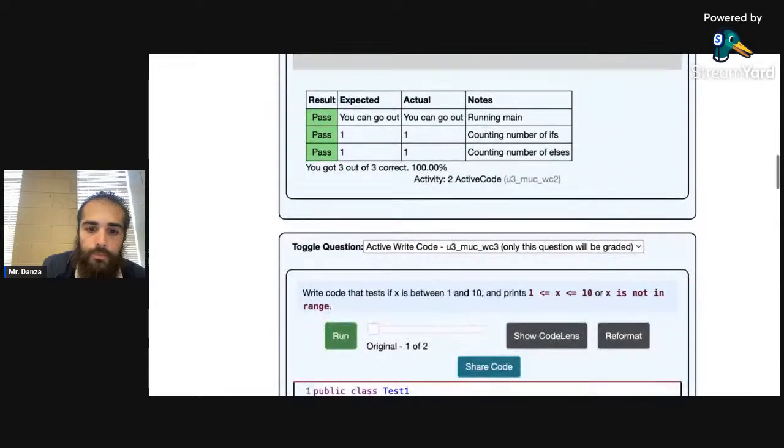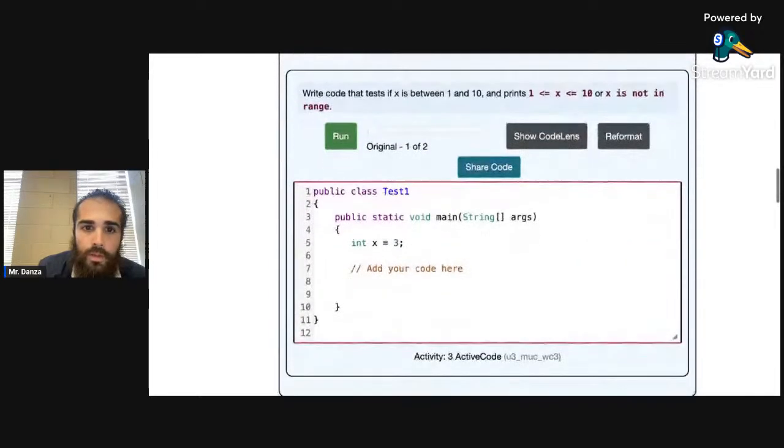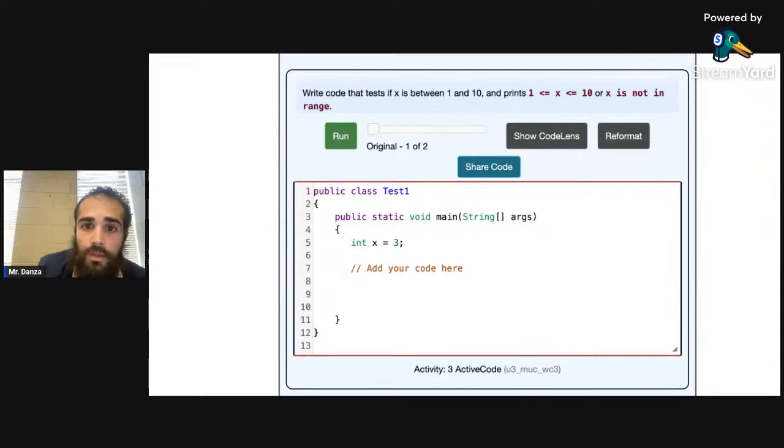All right. Next one, write code that tests if x is between 1 and 10, and prints "1 is less than or equal to x, which is also less than or equal to 10," or "x is not." So I'll say if